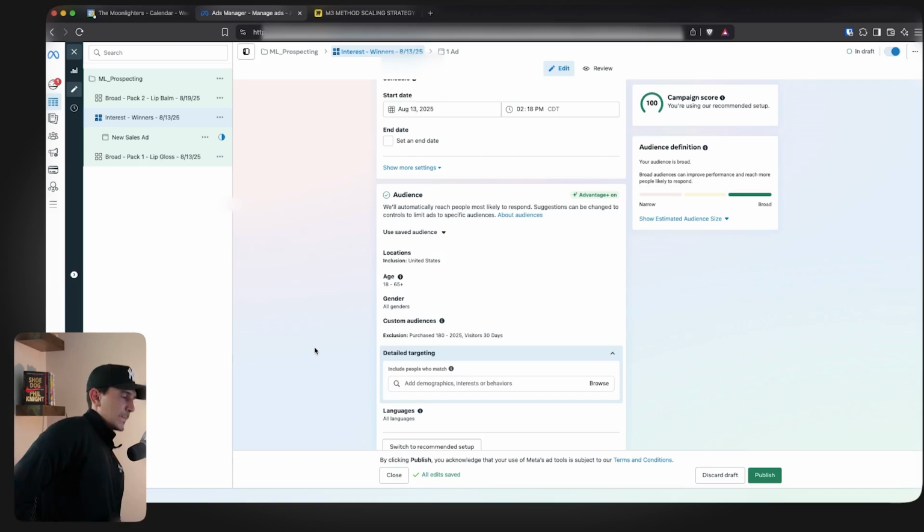Now, this is another concept that everyone needs to learn. This is called adjacent interest groups. These are the most powerful interest groups you could have. And we're going to have a little bit more talk about this in the future and why this philosophy is so important. But for what you need to know right now is that adjacent interest groups is the idea that if you choose the exact interest of your brand already, you're not actually expanding your audience and you're not doing anything because your broad audience is already hitting your core audience. So what we do with our adjacent interest groups